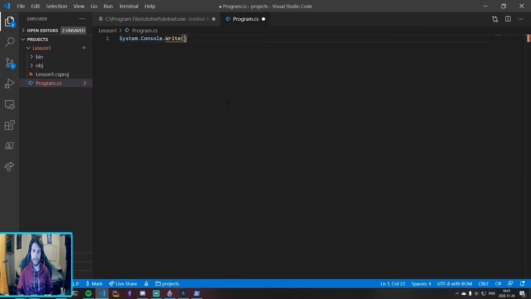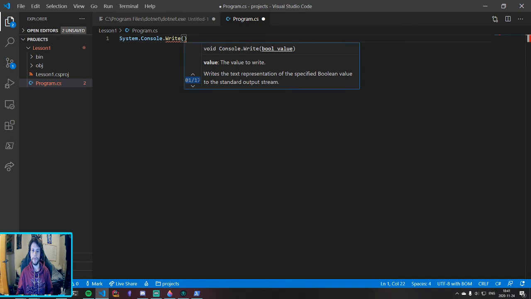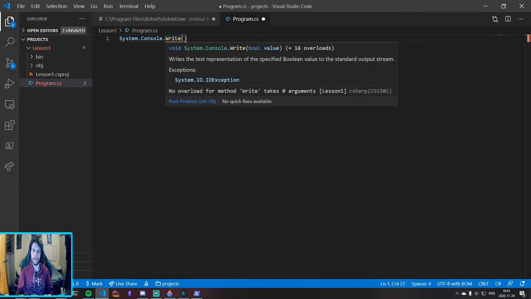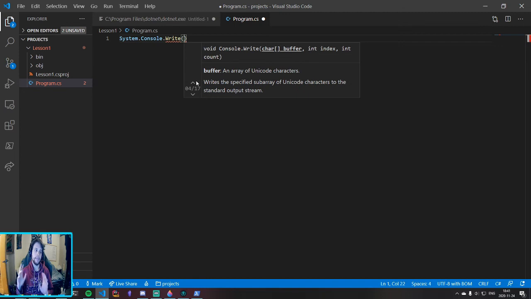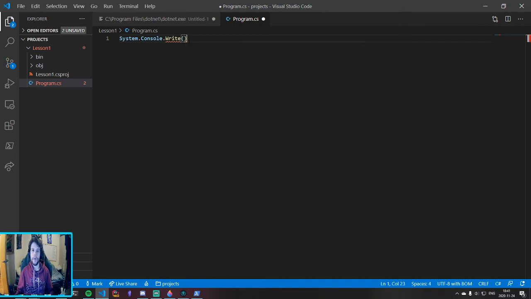Right. And when we open these parentheses here in VS Code, it actually gives us a cool list of things that we can pass into the method Write. So we have bool, char array nullable, and again, don't need to know what this is. What we want to do right now is just pass in the message Hello World, and the way that we do this is to pass in a